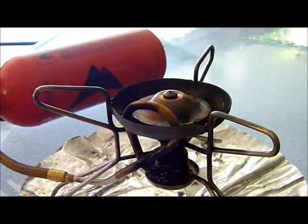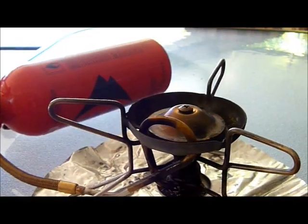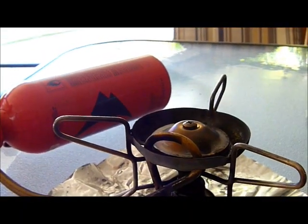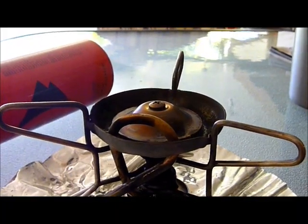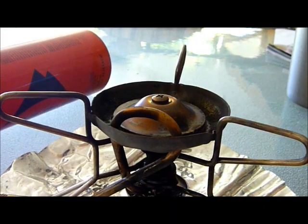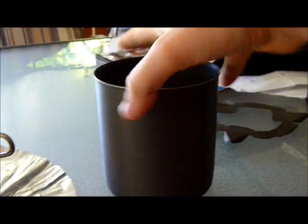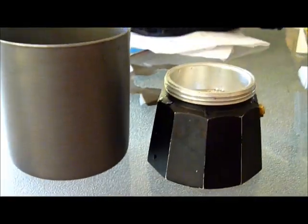Just thought I'd take a look today at making coffee, or stovetop espresso coffee, on the MSR Whisperlite, and some of the issues with the stove. Not that there's many at all. Probably the only issue is the fact that these legs here are so widespread that if you have one of the smaller pots, like this one here, the GSI Halulite Minimalist, which is the base to my stovetop espresso cooker, you'll see that